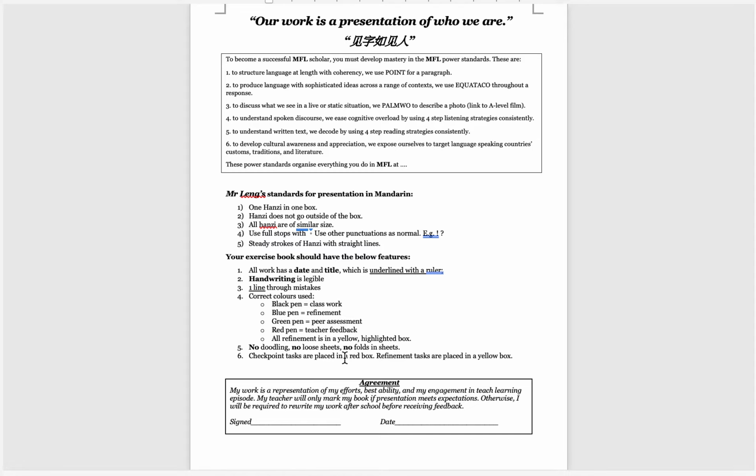Yeah. And if you have regular checkpoints, or I don't want to say this, but if your school is ready for inspection, you might want to separate the classwork or the assessment work or the refinement work in different colors. The easy way to do this is to ask the students to draw a box outside it. For example, classwork, I do not have a box, but for any assessment work, I ask them to draw a red box outside, or for any refinement work, some schools ask us to do it in blue pens, or I ask them to do all the refinement work in a yellow box with a highlighter. Must use rulers.